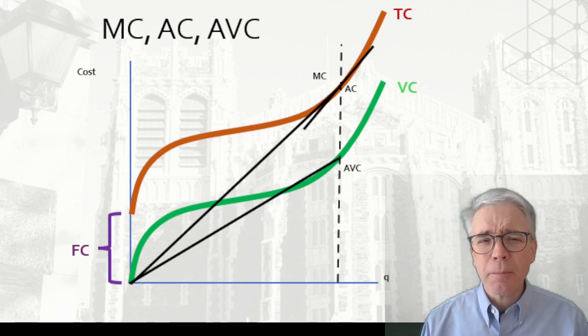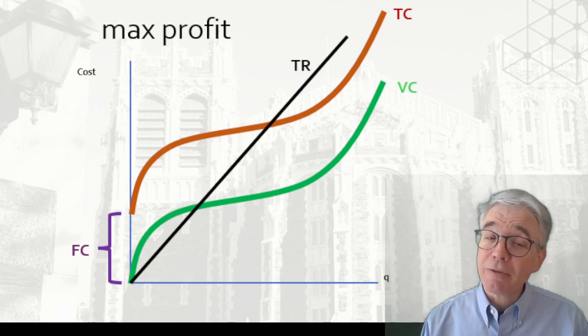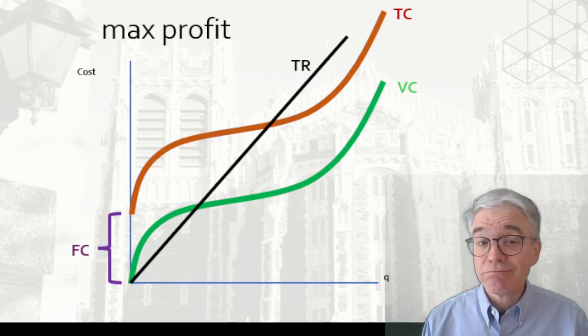So how does a firm maximize profits? Well, profits are total revenue minus total cost. Total revenue, TR, for a firm selling a commodity is just price times quantity, P times Q. For instance, if coffee beans are $2.50 a pound and a farm sells 100 pounds, then revenue is $250.